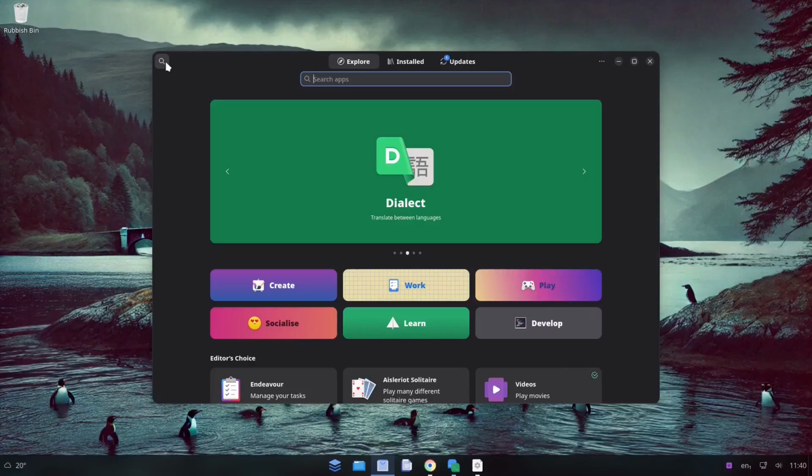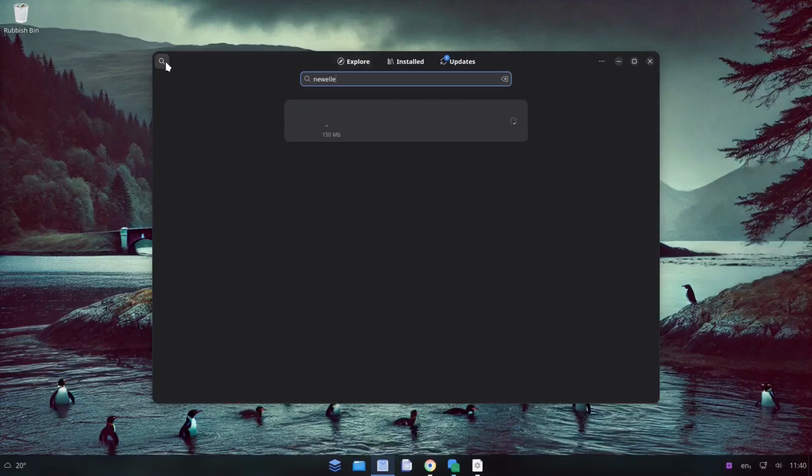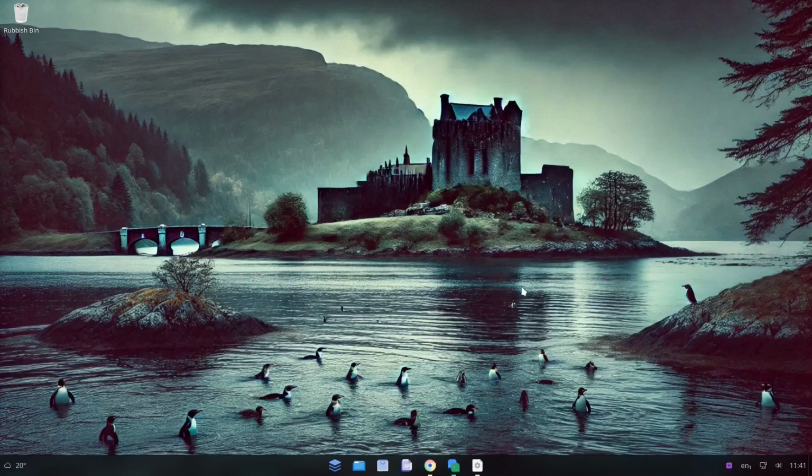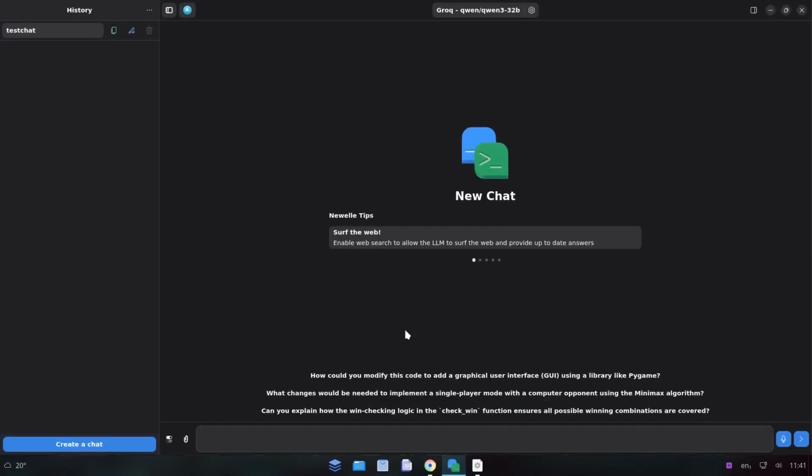So for instance if I search for Newelle, you see there's an AI chatbot and you would just click install. I've already installed it, so it just says open. So when you first open Newelle-AI, you'll get an interface like this, and the first thing we should talk about